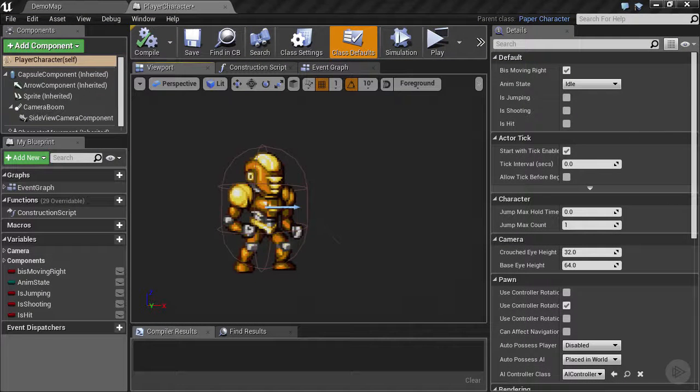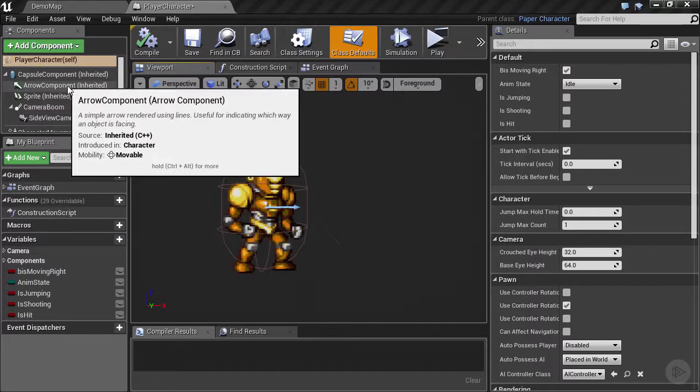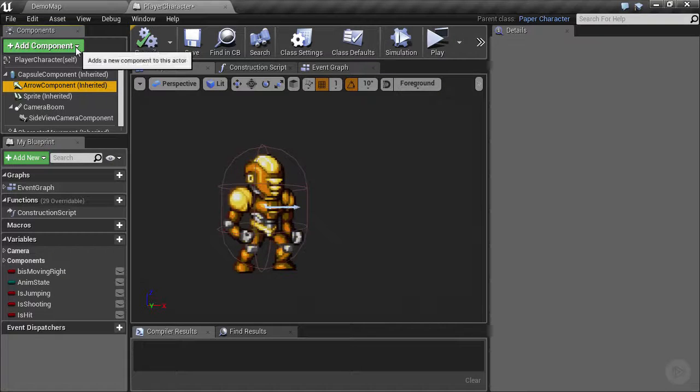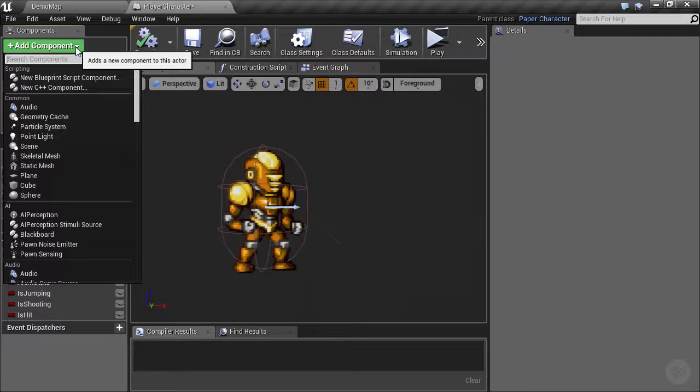We'll go back to the viewport now. The next step in getting our shooting of the projectile working properly and aligned properly is to give it a proper origin for spawning the projectile. If you recall earlier, we began testing our launching of the projectile using the arrow component that's inherited in the player character. The only problem with that is we can't move this arrow in the center of the character, so we're going to need an arrow we can move around. So we'll add a new arrow,